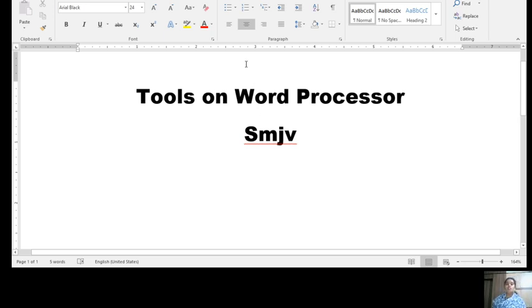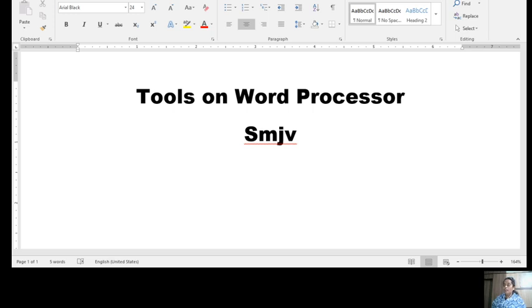So children, in MS Word, as soon as you open the MS Word interface, the blank document, these are all the components of your MS Word interface. Let me repeat it once again. We'll start with the left hand corner, that's the quick access toolbar.